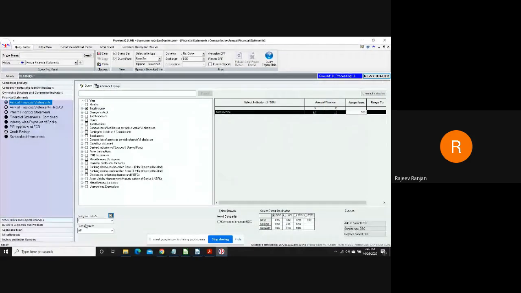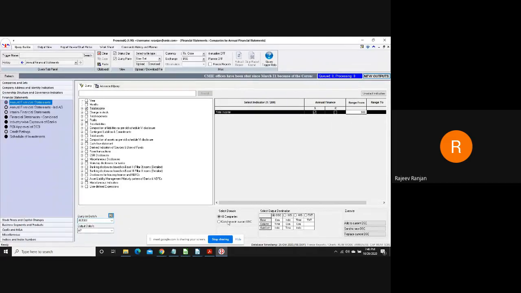So let us begin one output here and say I want to find out those companies where the total income of these software companies should be 500 crores and above as on FY 2020-03.